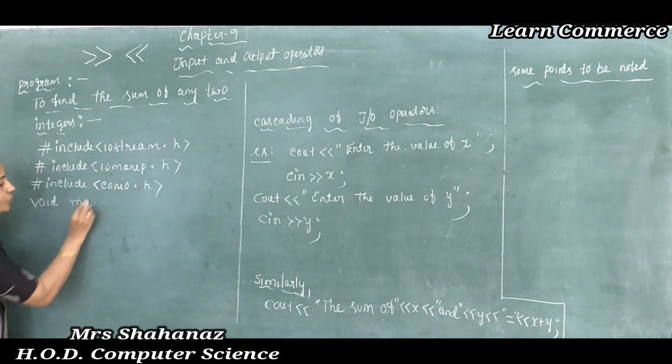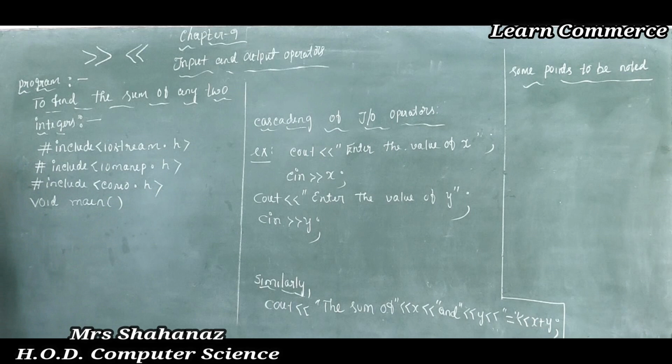I am going to start the function using the main function. The main function informs or instructs the compiler that the program is going to start. Main should be written in lowercase letters and should not be terminated by a semicolon. Don't use the semicolon. So void main open close, and after that we need to open the flower bracket. Why do we use the flower bracket? The opening of the flower bracket indicates the starting of the program.